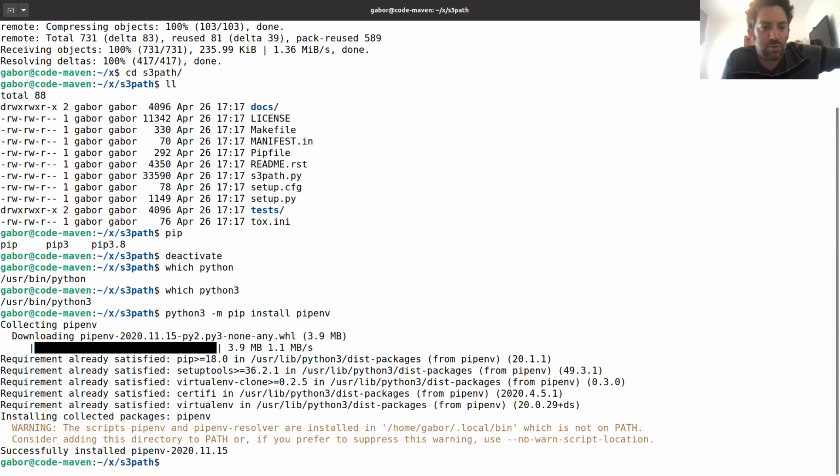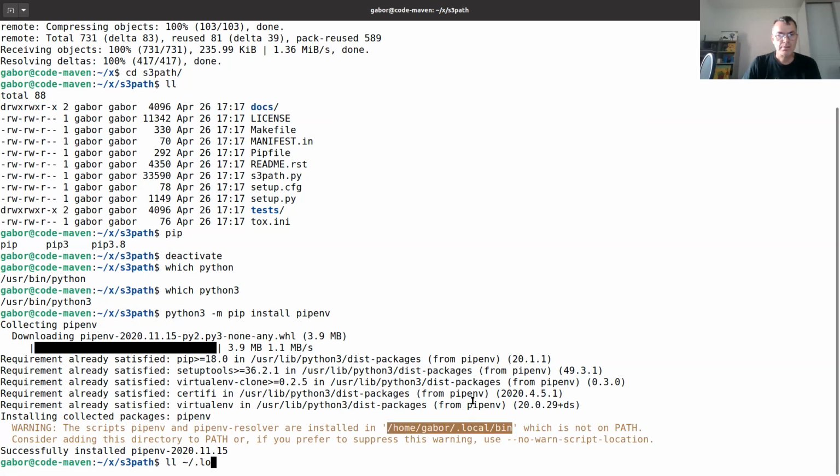Okay, so now you can do pipenv. Wait a second, it's complaining, warning that the script pip and the pip resolver are installed in here, not in your path. Okay, it's here.